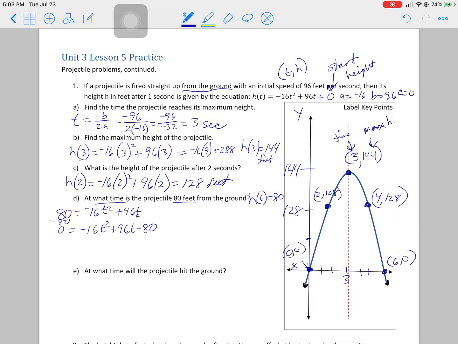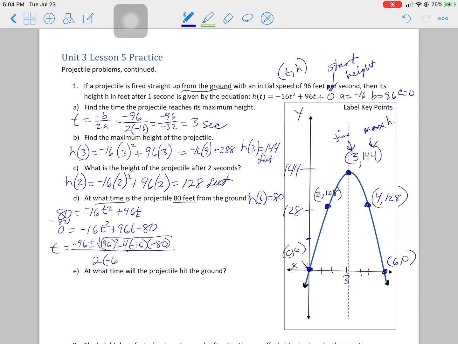Okay, once you're there, I don't know if it's divisible by 16, but let's use the numbers whole. So this is going to be, I definitely wanted to use the quadratic for this. I bet I could take 16 out, but that's okay. Let's just do it as is. So negative b plus or minus square root of b squared minus 4 times a times c